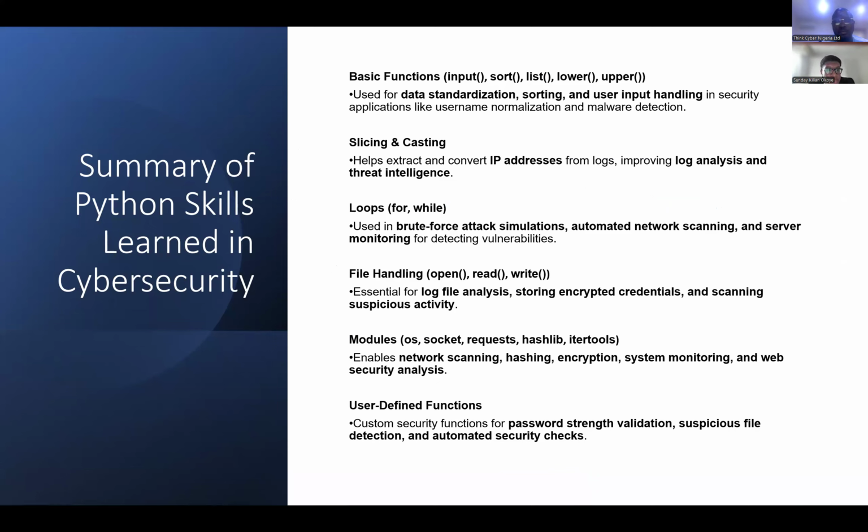Summary of the Python skills learned in cybersecurity. We start with basic functions used for data standardization, sorting, and user input handling in security applications, like username normalization and malware detection. Then we have the slicing and casting, helps extract and convert IP addresses from logs, improving log analysis and threat intelligence. And we have the loops, used in brute force attack simulations, automated network scanning, and server monitoring for detecting